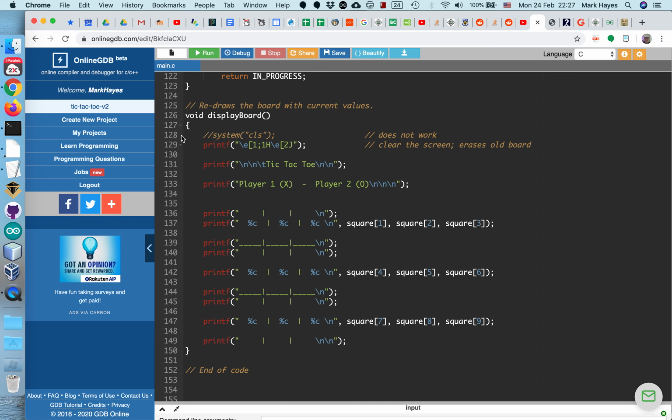Now, there's one tricky statement here. This line 128 is part of the original code. And this is a system call. System is a function in the library, and they were trying to pass this command. CLS means clear screen. And it's not working in this environment. I think this works in a Windows terminal, but it's not working in